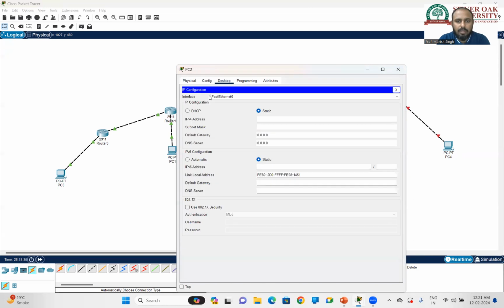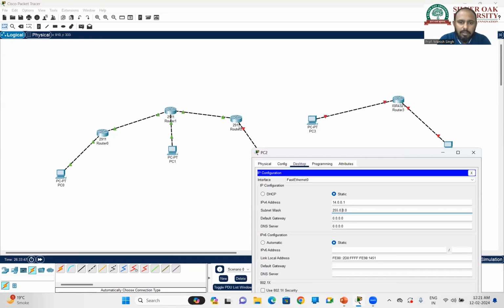First of all, we are going to the PC, then desktop, then IP configuration. Here I am using 14.0.0.1 and subnet mask. And this is the default gateway for this complete network, the 14 network. Here I'm using 14.0.0.2. Okay,